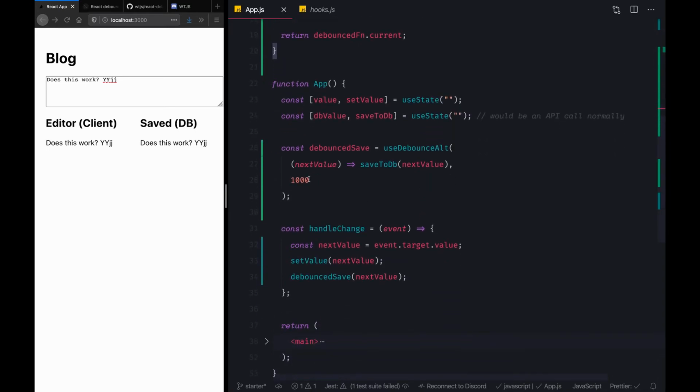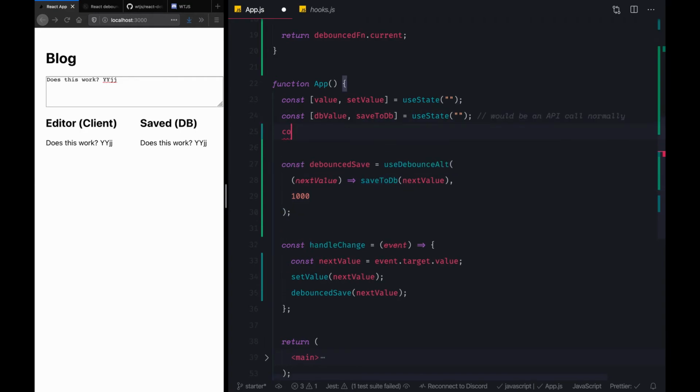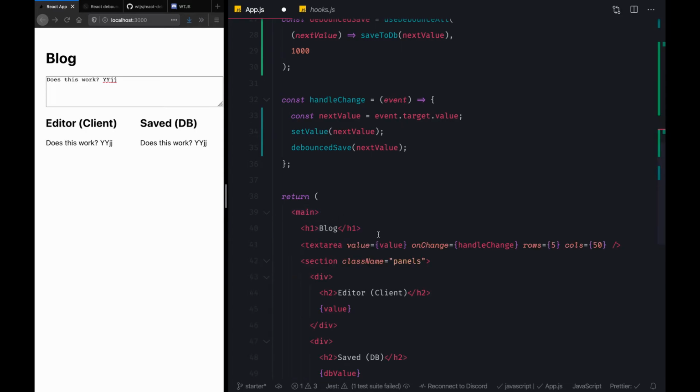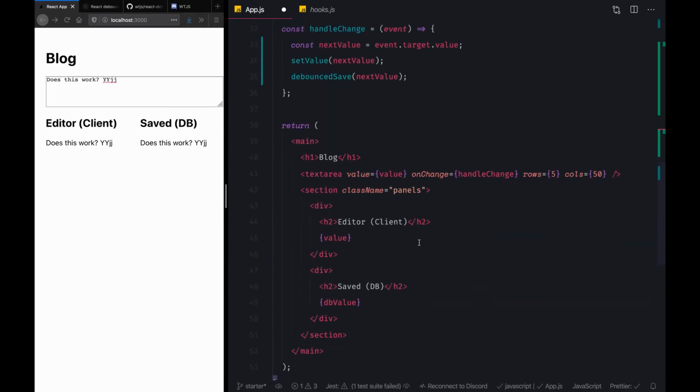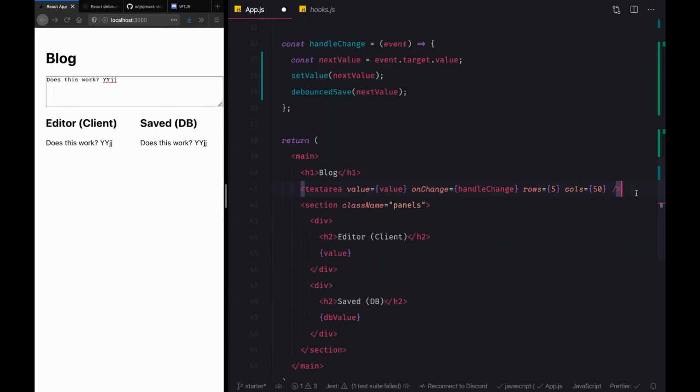Let's also take a look at what would happen if we were to directly control this delay from the state and just make sure that our hook still works. So I'm just going to create a delay variable here and a setter for that, setDelay, and just initialize it to the number 0. And coming to the render function, let's just create an input here.